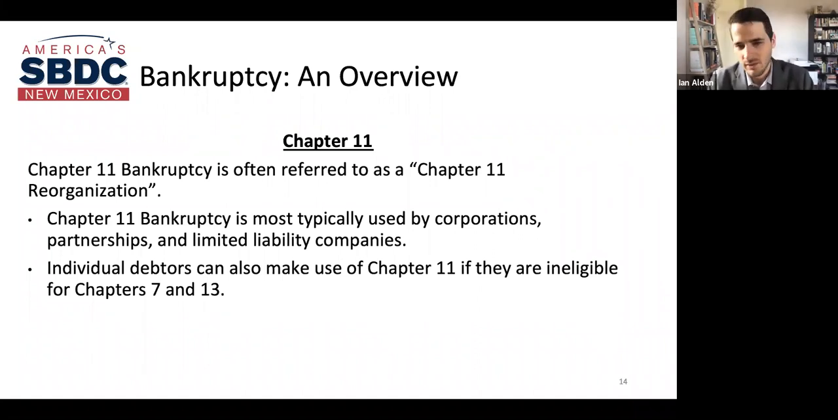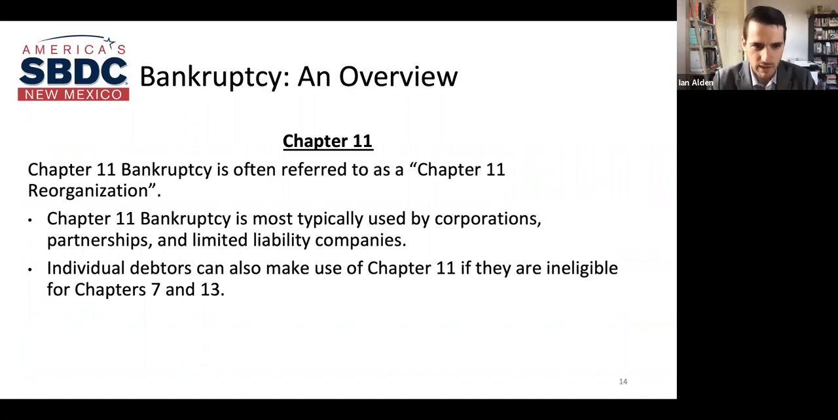Individuals can also use Chapter 11, particularly if they're ineligible for Chapters 7 and 13. Chapter 11 for an individual is heinously complicated and expensive, and I've personally never seen it work for an individual. I've heard of cases where it works for individuals, particularly high net worth individuals who have some temporary cash flow problems, but by and large,